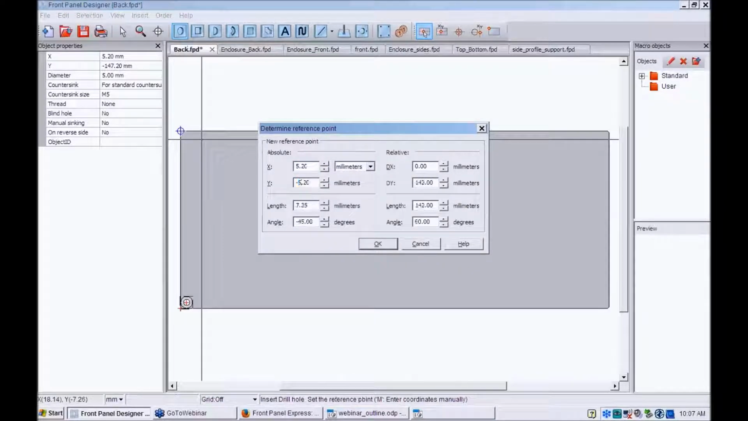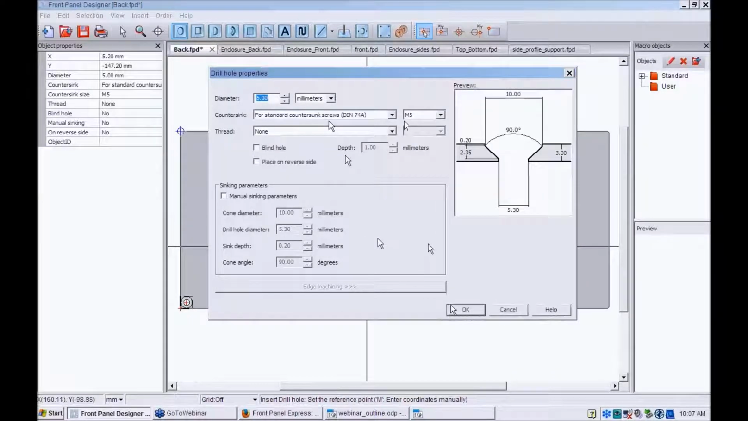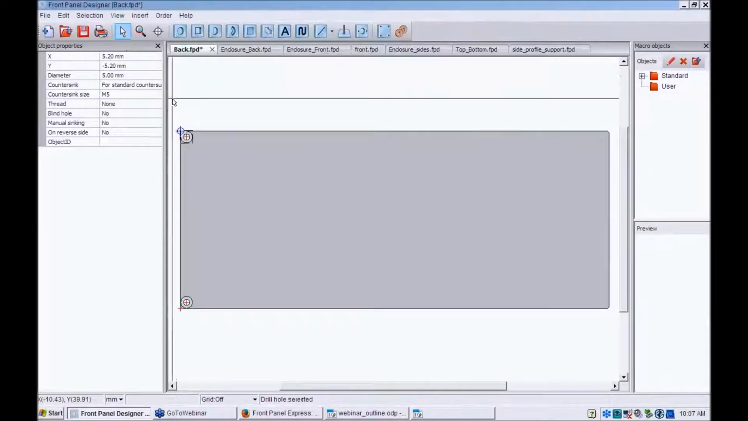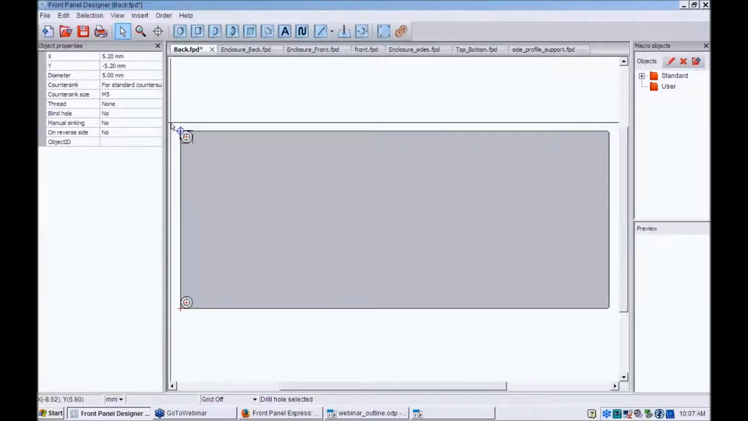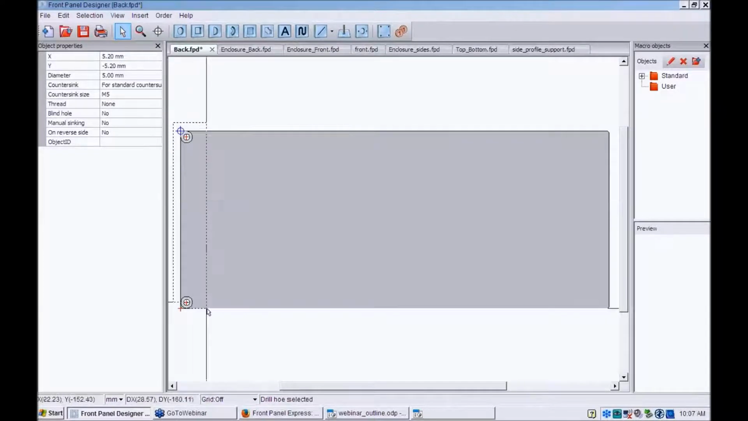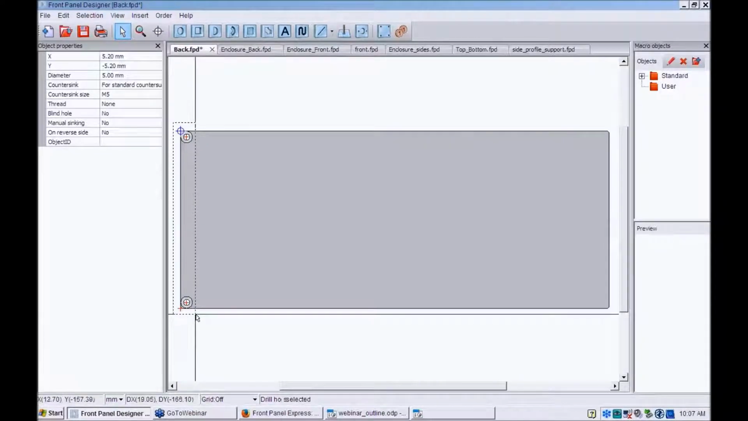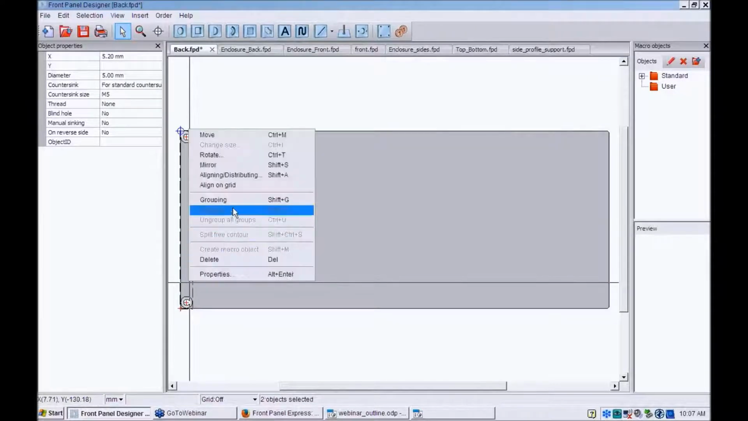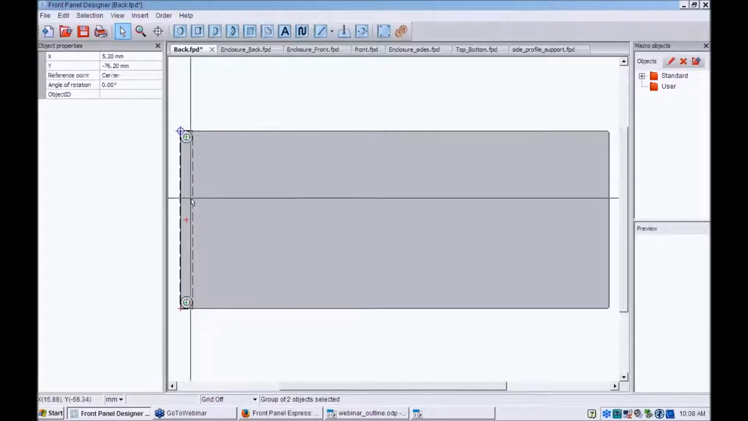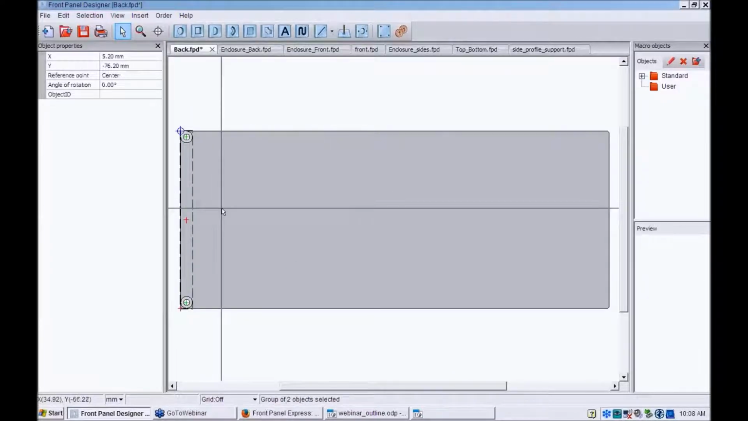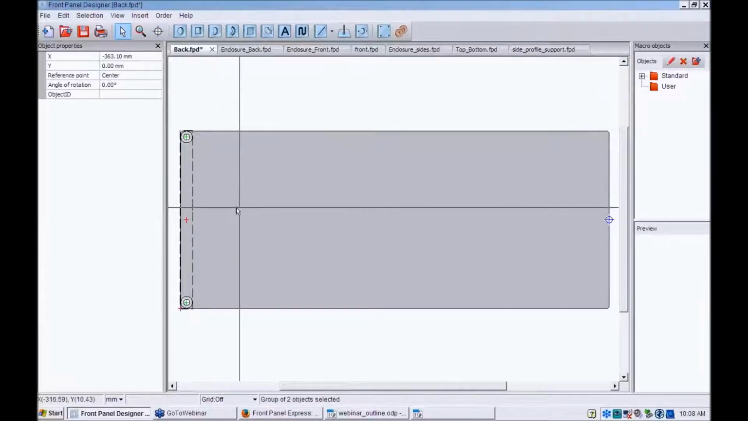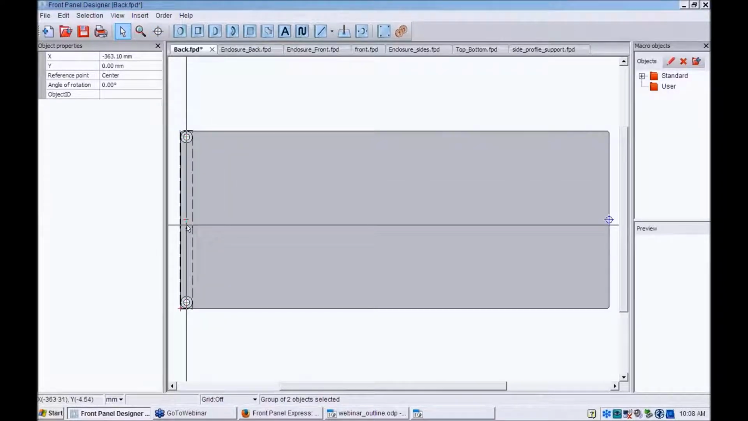You'll notice we're changing the Y to a negative 5.2. Everything else is left the same, and the second drill hole is placed. Now I can go ahead and copy the 2 drill holes that I've created. I will group them together by right-clicking and grouping. I will then change my origin to the right center by hitting N6 on the keypad, and now I can